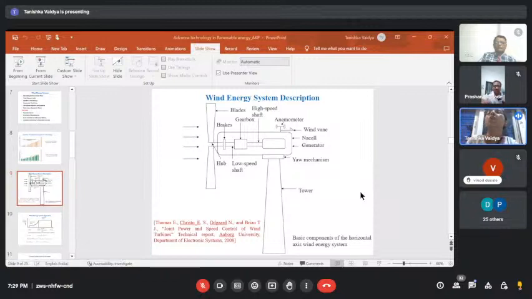As the wind shows the direction, the yaw mechanism will move this shaft accordingly. The wind is converted into mechanical energy through the blades, and through the shaft the rotational energy is given through the gearbox to the generator, which generates electricity, which is further given through grids to the substation or a collective place. The gearbox is for increasing the speed of the